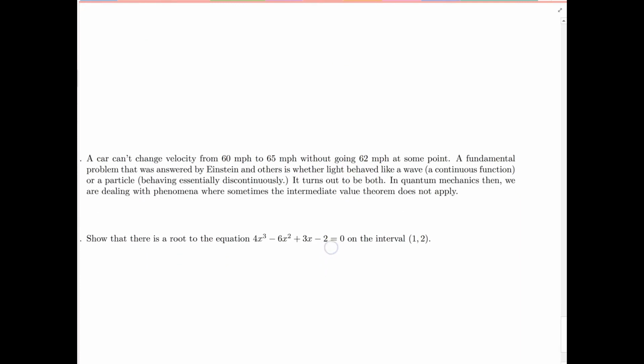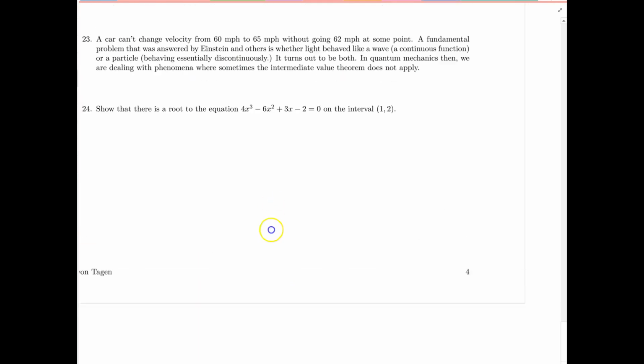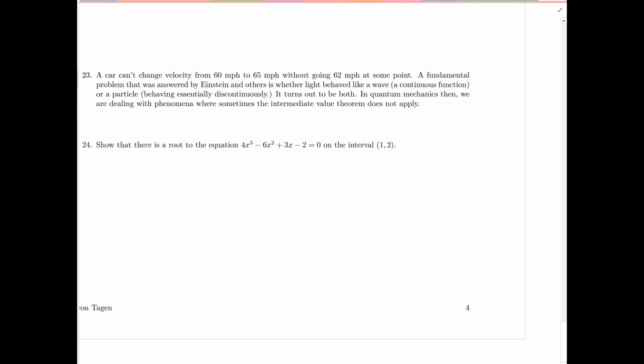Now, kind of an interesting thing is not all types of motion is continuous, and in fact, Einstein showed that light can behave either like a continuous function or a discrete function, meaning behaving like a particle, in which case there would be discontinuities, which is why at the subatomic level, interesting things happen with regards to the intermediate value